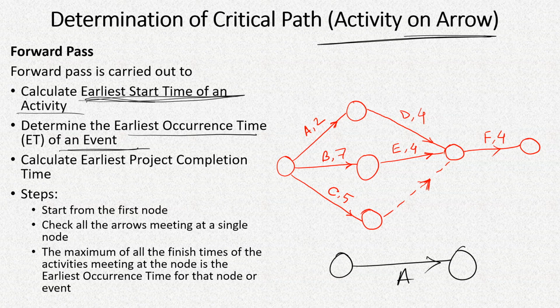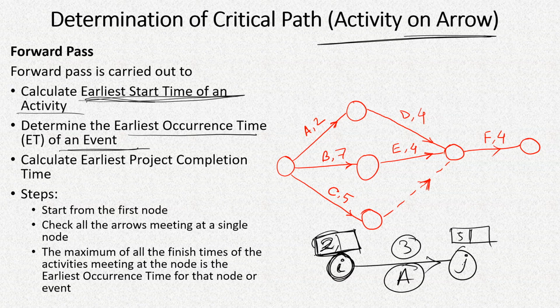then when it is started, suppose on the second day it is started, then on the 5th day it is completed. Suppose it is taking 3 days of duration. So this day 2 is the occurrence time of this particular node. Suppose this node is called I and this node is called J, and so this represents, the day 2 represents the starting time of A, but at the same time it represents occurrence